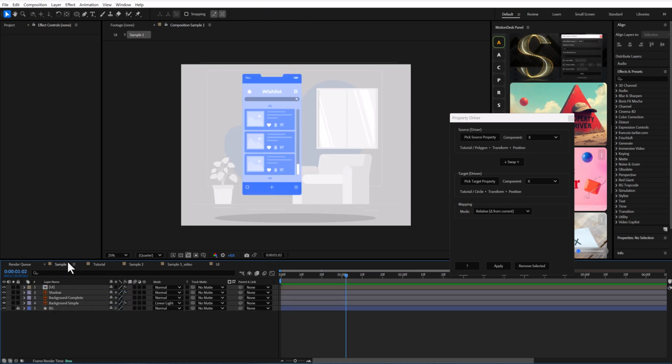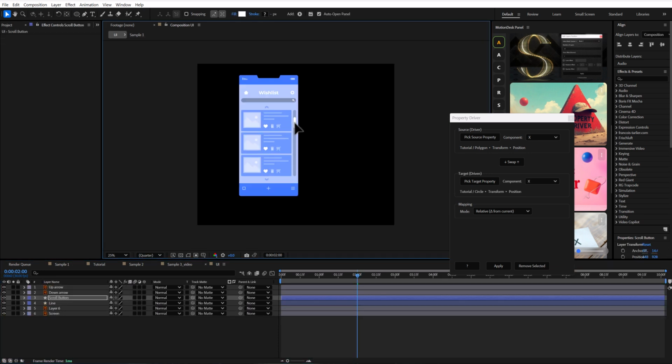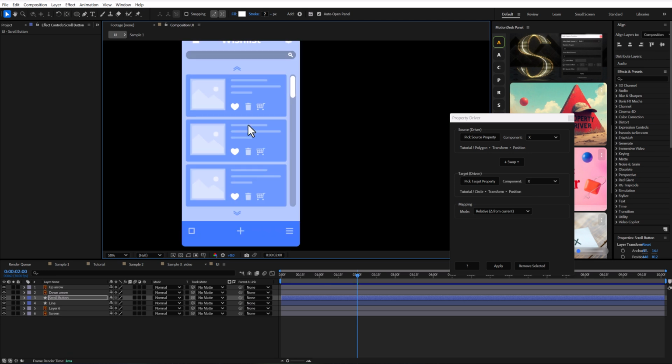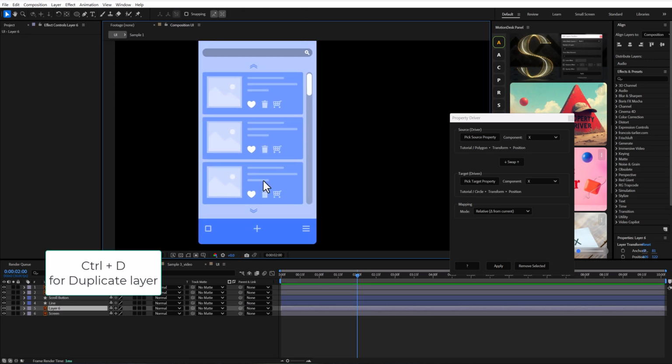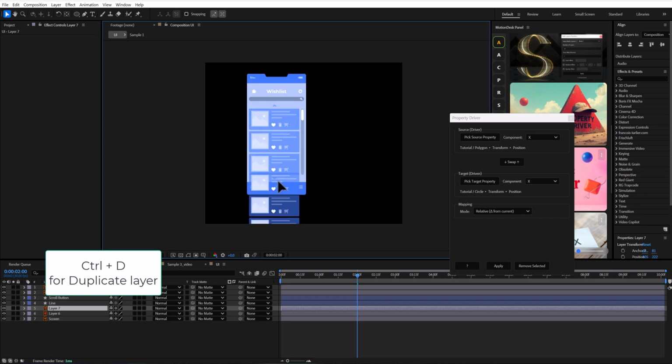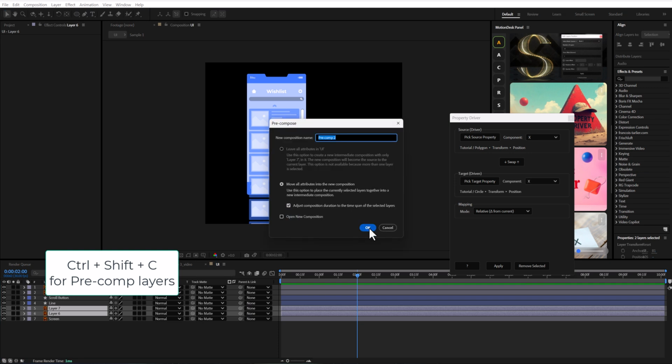All right, let's move on to the next example. Here we've got a simple UI layout of a mobile app, and we're going to connect the scroll handle to the posts inside the app. So everything reacts automatically to the scroll movement without separate keyframes or animations. First, I'll duplicate the post layers and move them down to fill up the space. Then I'll pre-compose those two layers,